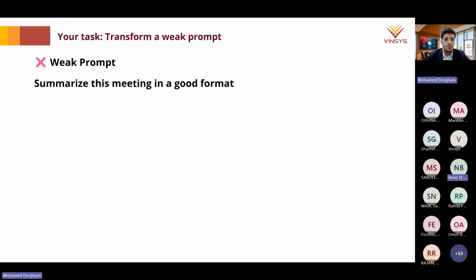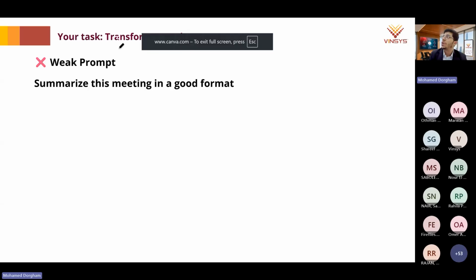Excellent. Here it's not clear, it's not specific, it's not measurable, so you cannot achieve anything if you wrote this, for example, for any AI tool. You're not going to receive the answer you're looking for. So you're going to have a half-baked potato, if you can say. Yes, exactly. So now, can you also highlight what the vague parts of this prompt are, so we can put our hands exactly on the problem?